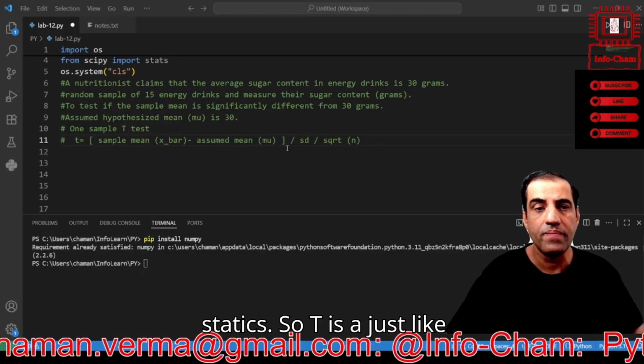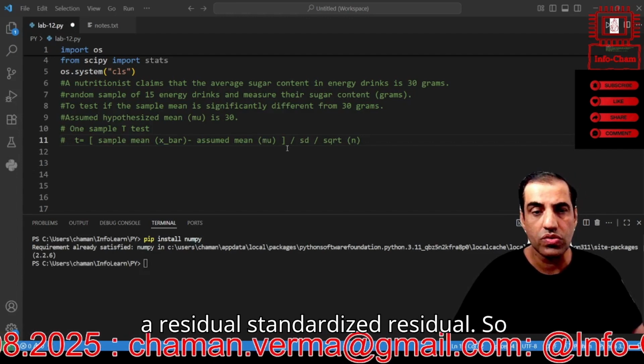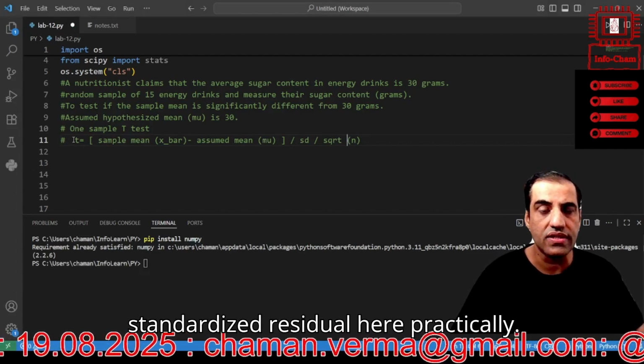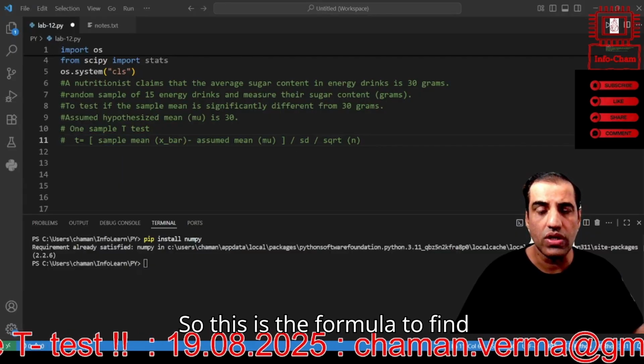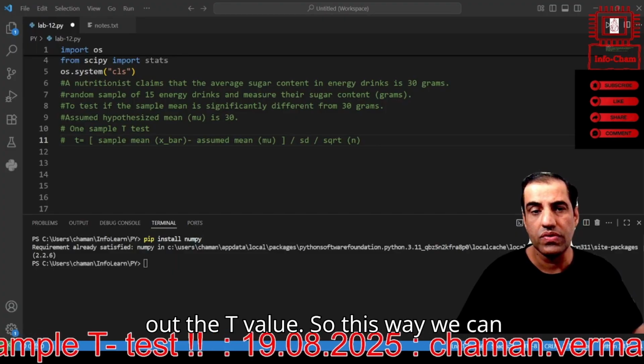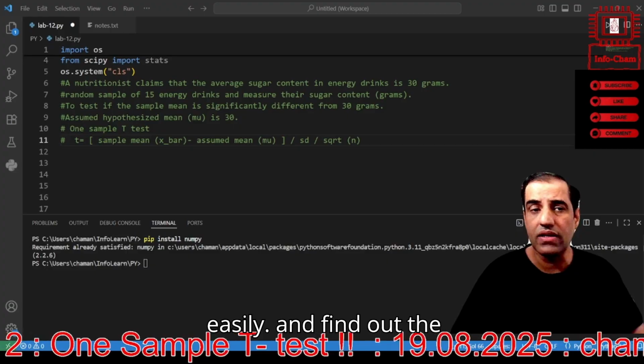So t is just like a standardized residual. So we are going to calculate the standardized residual here practically. So this is the formula to find out the t value. So this way we can easily find out the t value. Okay,